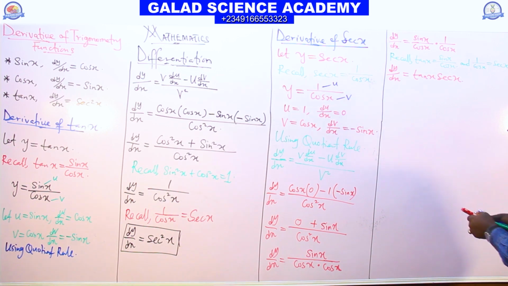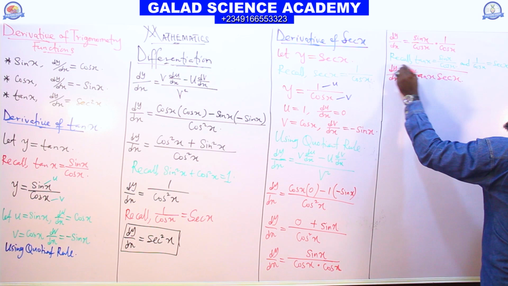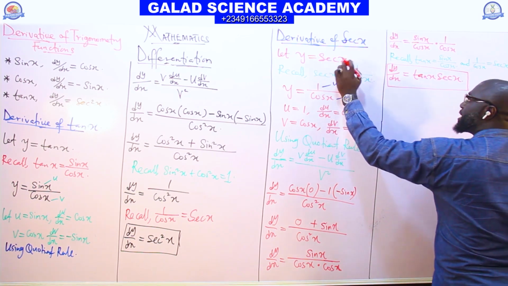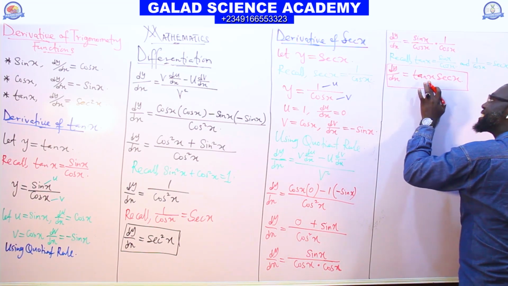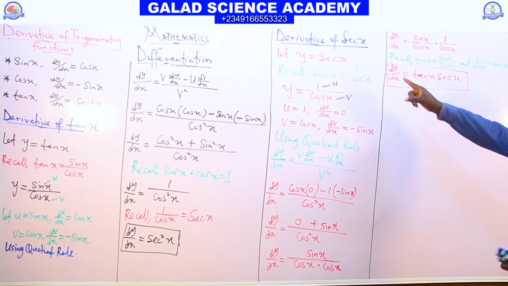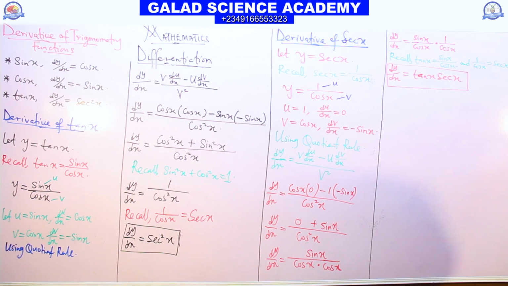Therefore, the derivative for sec x is tan x sec x. Derivative for sec x is what? Tan x sec x. So the next one